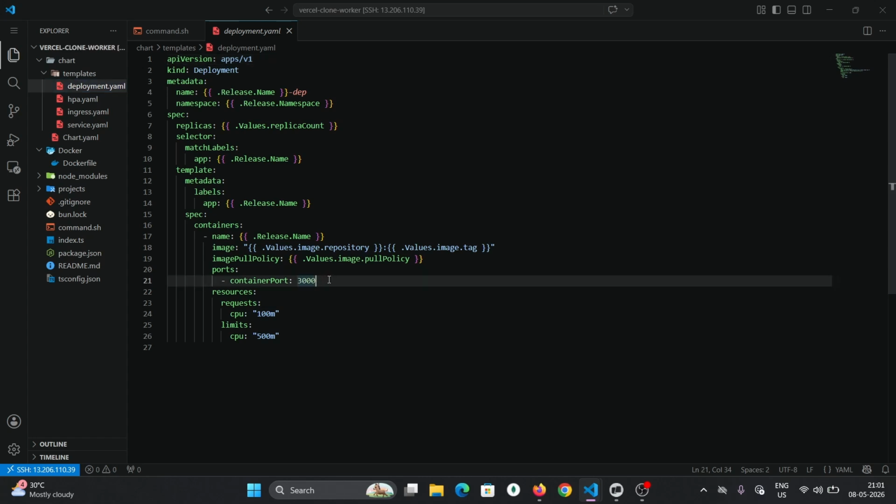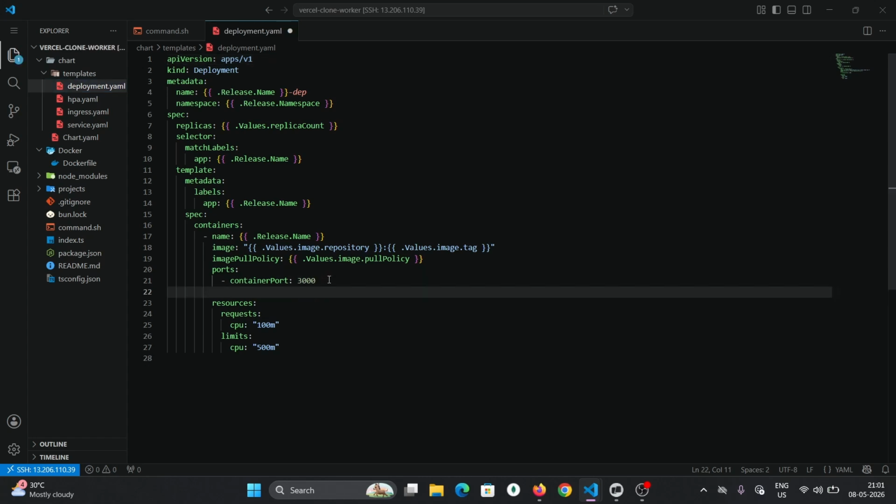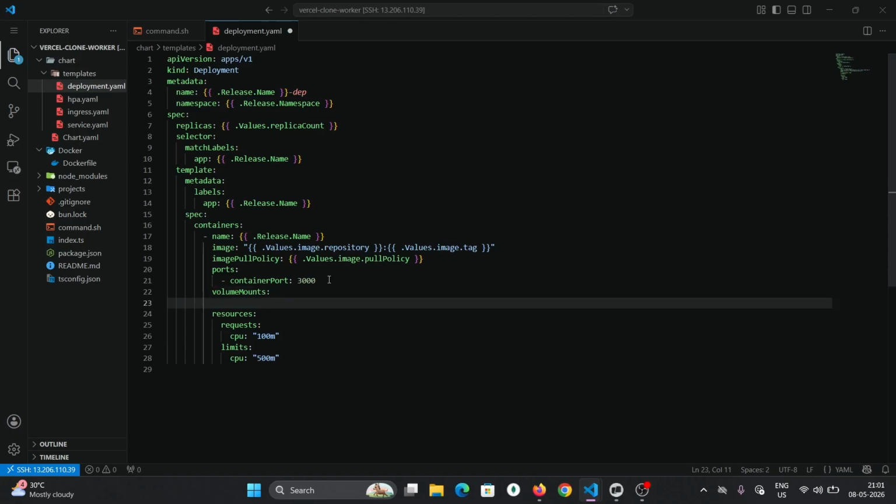So after this container port, write a volume mount, volume mounts like this. Give it a name, environment file,